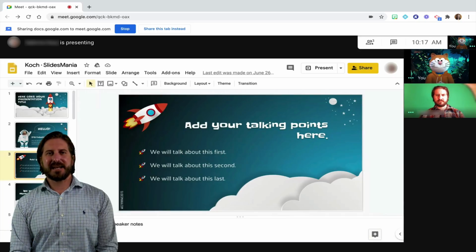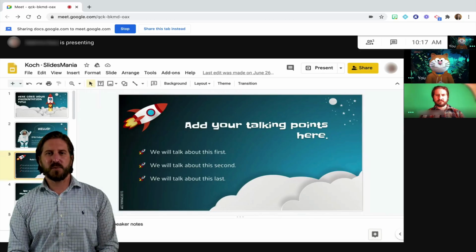Like I mentioned in the beginning, I'm still waiting for some of the features to be more universally available, like breakout rooms and the ability to add questions and polls. And once those features are more available for users with education accounts, I'll definitely make a tutorial about them as well.